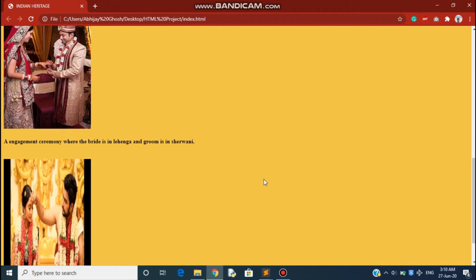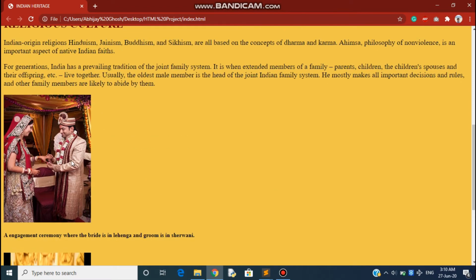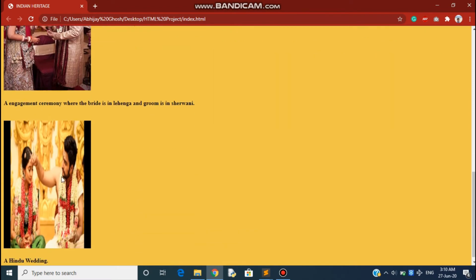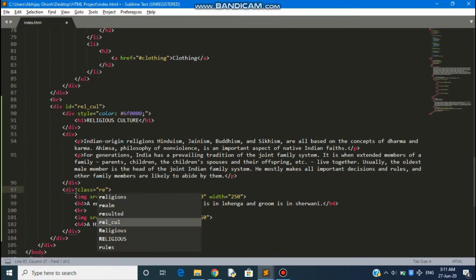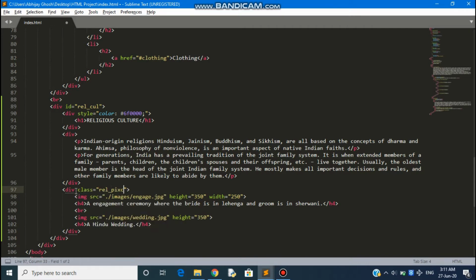We can see the images have appeared, but they are side aligned, and the second image is not according to the size, and the size is distorted. So what should we do? We remove the width attribute from the second image, and in the div tag which contains the images, we add a relpix class.